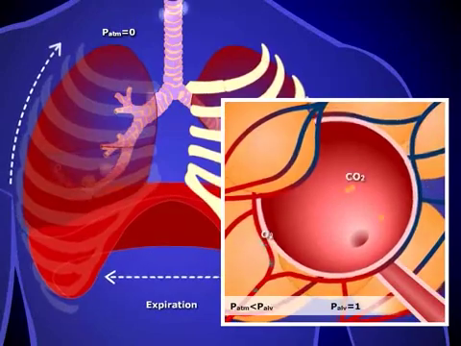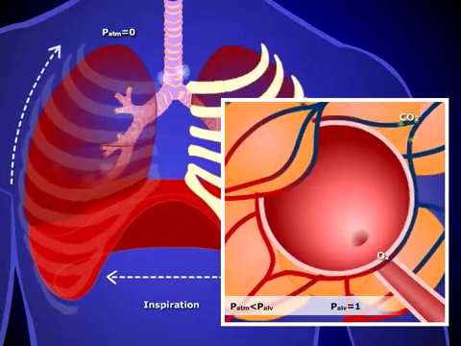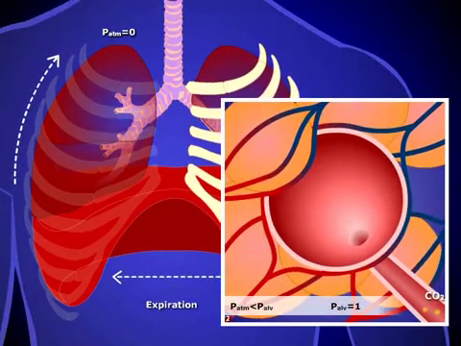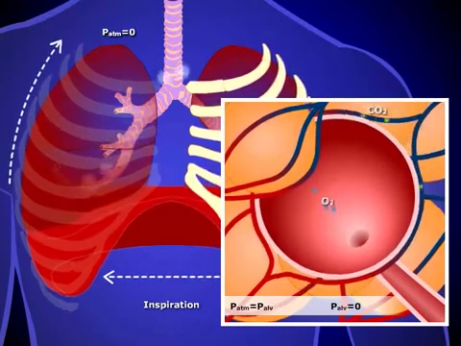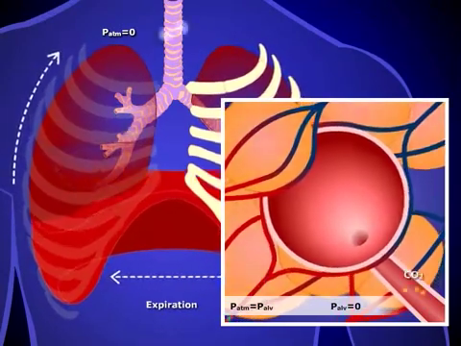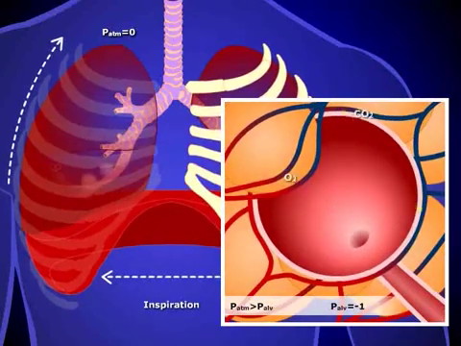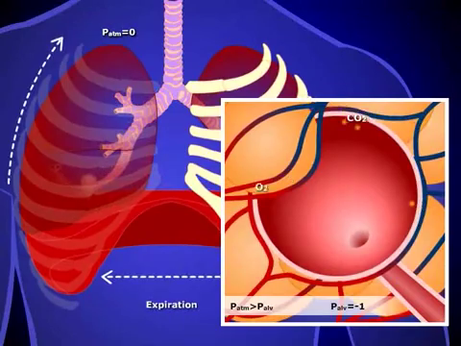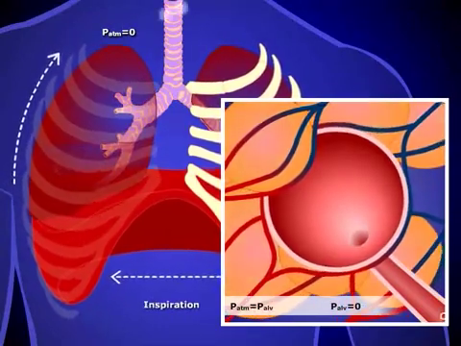The diaphragm and intercostal muscles relax, causing the lungs to deflate. This decrease in volume within the thoracic cavity results in an increase in pressure. At this point, alveolar pressure, which is now 1, is more than atmospheric pressure, and thus air proceeds to flow out of the lungs. The outflow of air returns alveolar pressure towards 0, at which point the airflow stops. In summary, it is a difference in pressure between the lungs and the atmosphere that drives the flow of air.